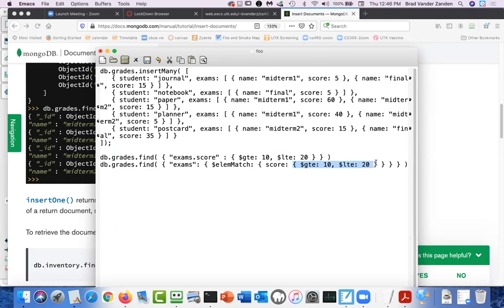So now a score must be both greater than 10 and less than 20 to show up in the result. So if I do this one,